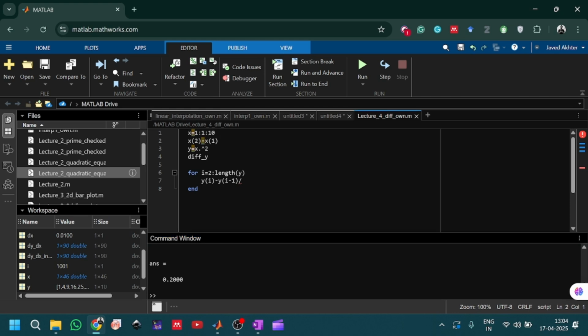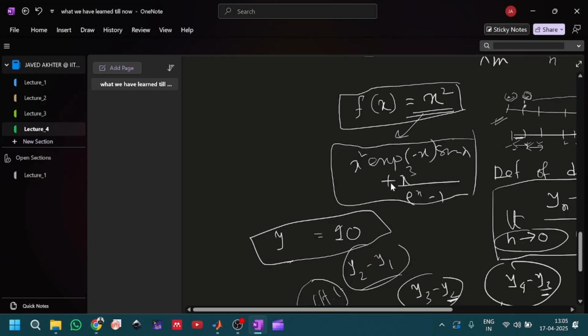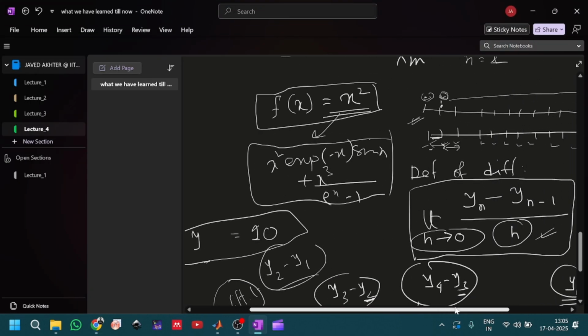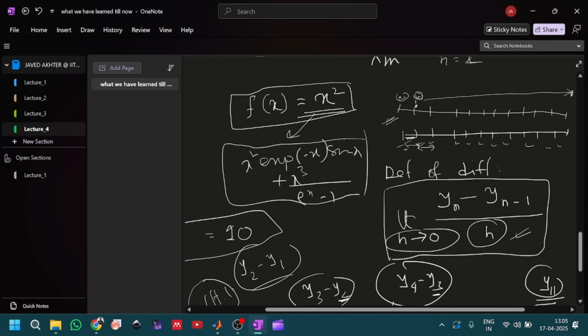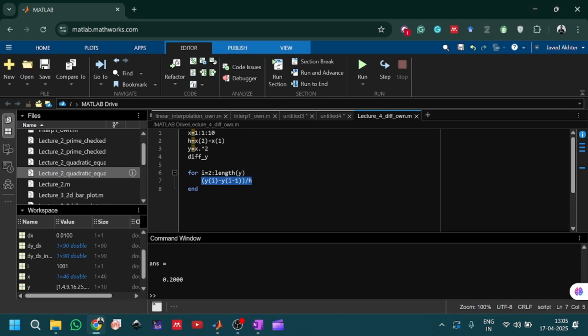So you can save it in h. Here you will have to write h, and here you have to give another bracket. So this is the formula which you have written, y2 minus y1 by h, and this limit condition that you have to look at. We will decide later what the h value should be. For now we have set it to be 1, and then